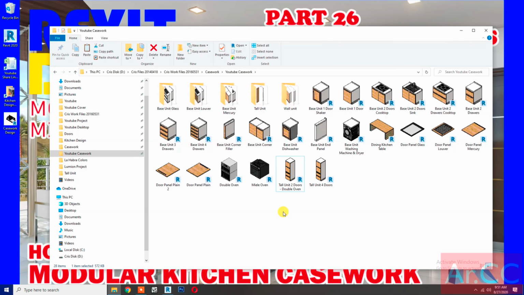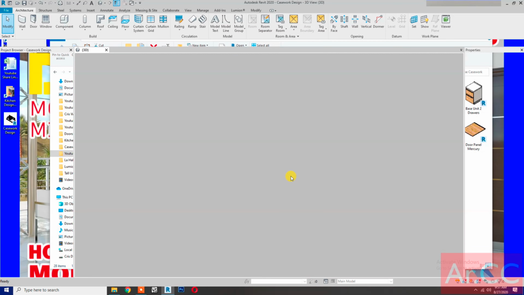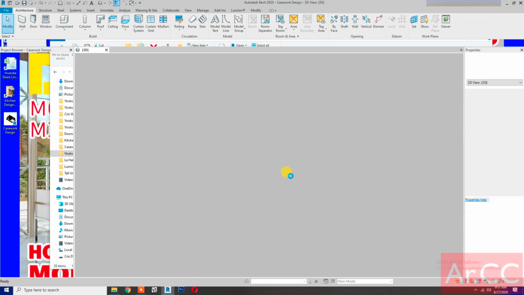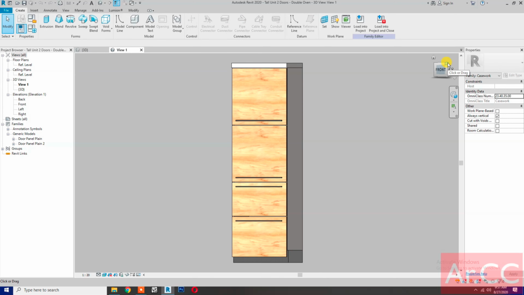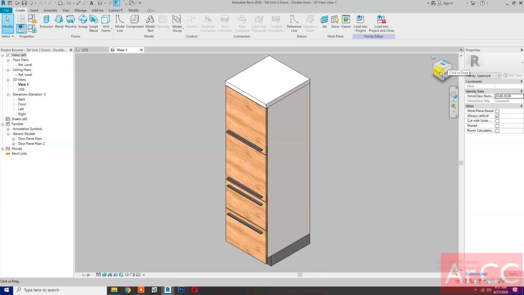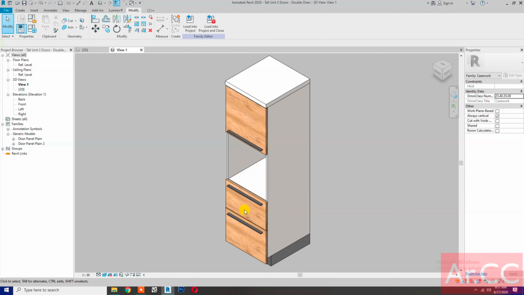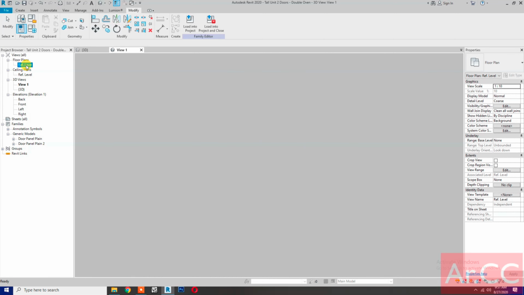Okay, open the file, go to 3D, delete this door panel, delete this door panel, go to reference level,